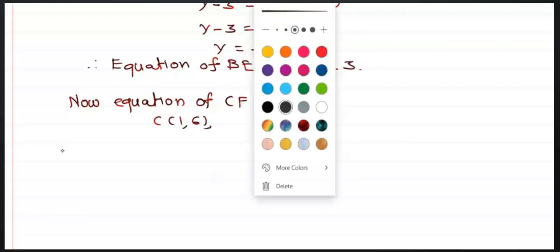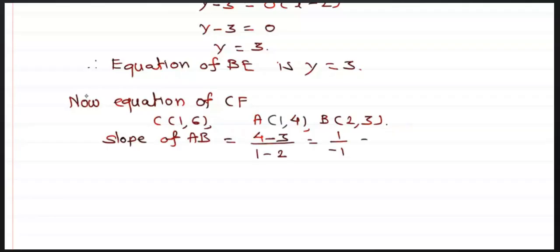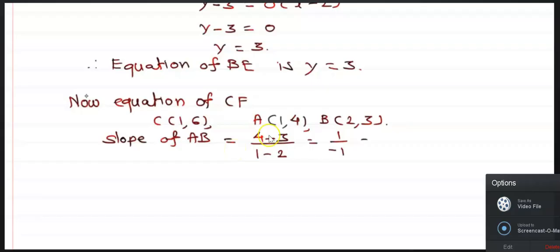C is (1, 6), A is (1, 4), B is (2, 3). Find the slope of AB. Difference of y coordinates upon difference of x coordinates: (4 minus 3) upon (1 minus 2), that is 1 upon minus 1,